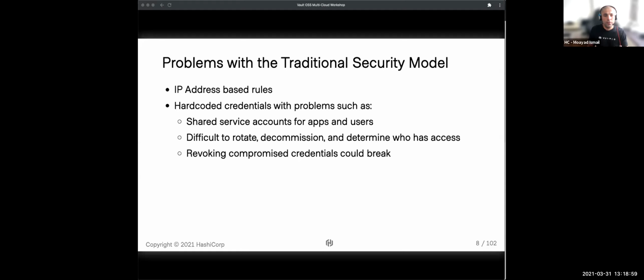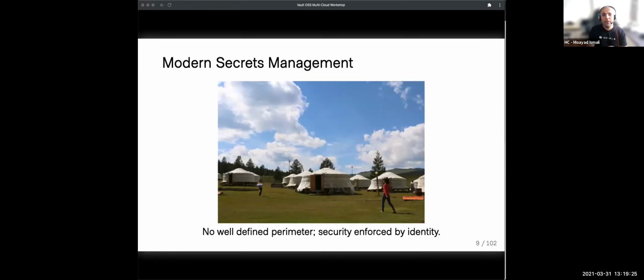Also, we see this quite a lot, where we end up hard coding credentials in our scripts and our application configuration files. We share service accounts. We don't know who's using them after a while. Are they still effective or not? When were they last rotated? And if we were to decommission them for whatever reason, they could cause a service impact. And this is where other modern